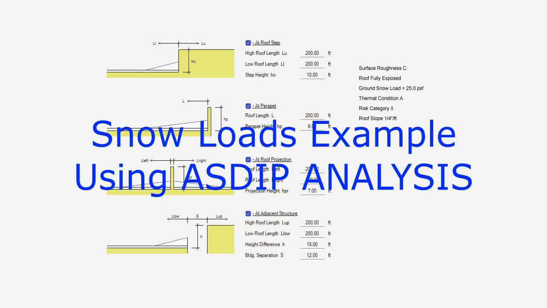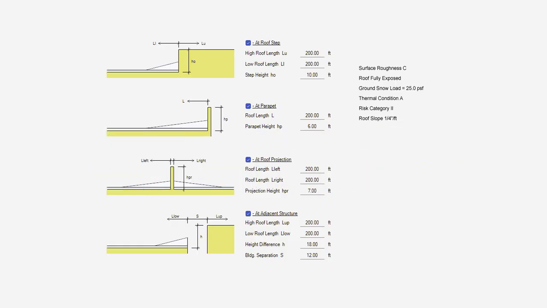ASDIP analysis includes the generation of snow loads per the ASDIP provisions. But what kind of information is required in the program to do this kind of analysis? How do you interpret the results? This is Javier Encinas, and today I will present an example of the generation of snow loads in a roof